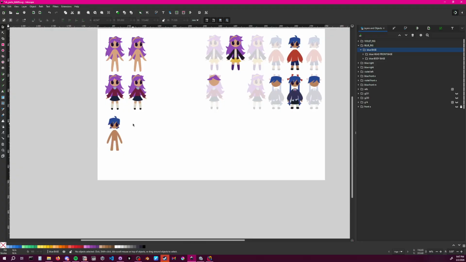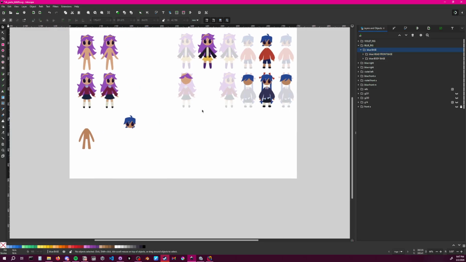Oh, I forgot that the hair changes. The hair doesn't change for Violet, but the hair changes for Blue. That's okay. I was wondering, would we make the head bald in that case to change out the hair? Yes. I actually kind of forgot about that because Violet's hair is literally the exact same for both the academy, but for Blue, we would just have the head and then